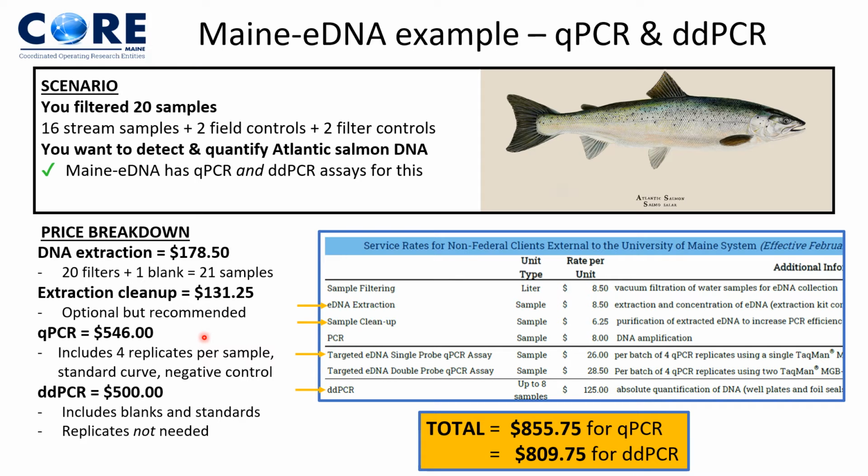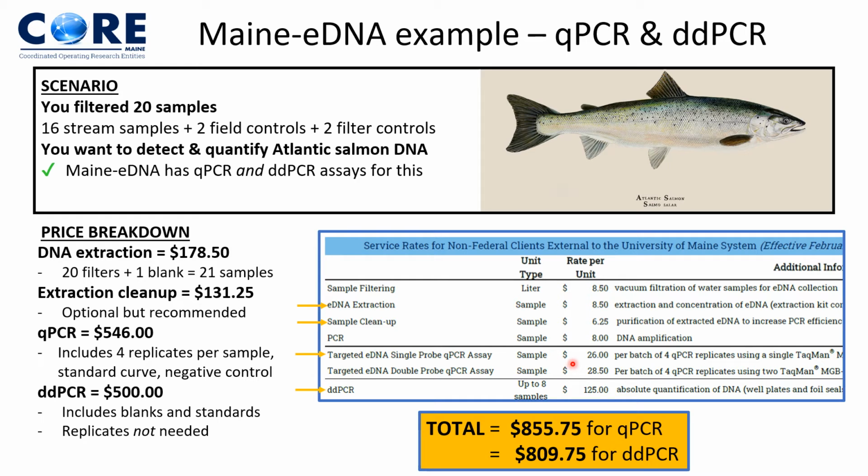Now, I mentioned before that Maine eDNA has two different assays that you can quantify Atlantic salmon DNA with. The first assay is regular qPCR, and to find the rate for qPCR per sample, you would go down here. And in this line, it says targeted eDNA single probe qPCR assay. That word probe tells me that they're using a TaqMan probe, which is the state-of-the-art technology for qPCR, so that's a good thing. And then I come over here and the unit type is per sample,